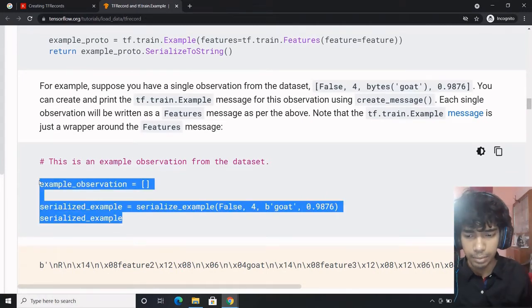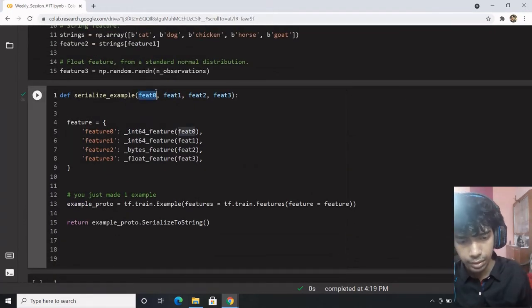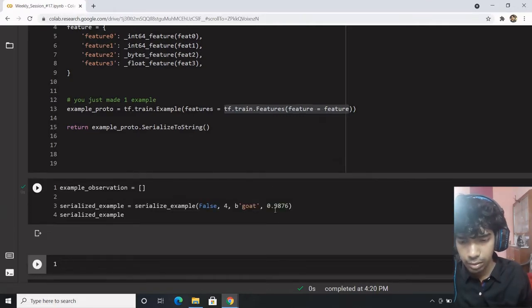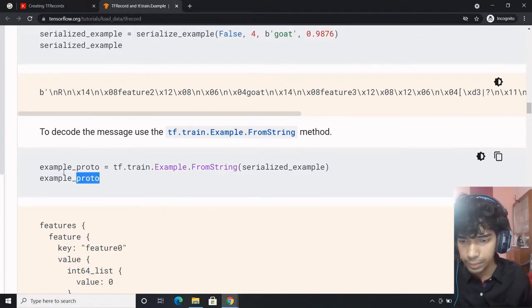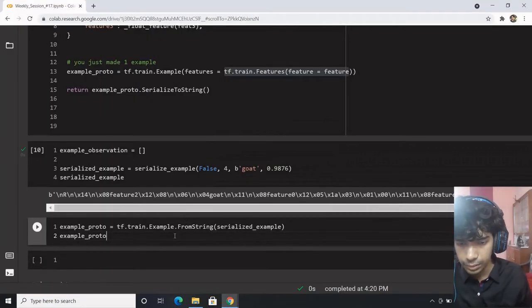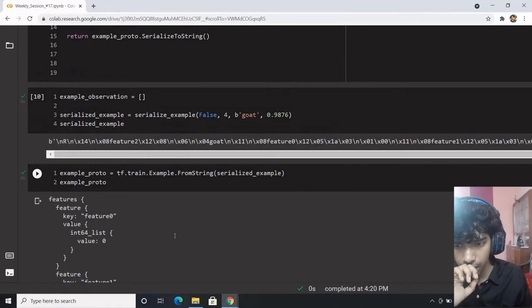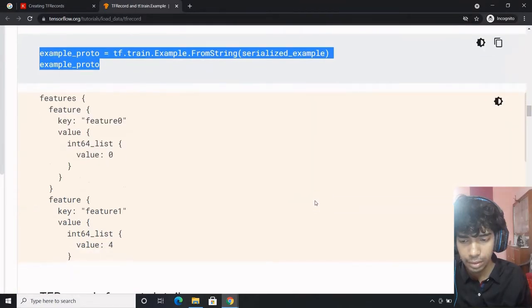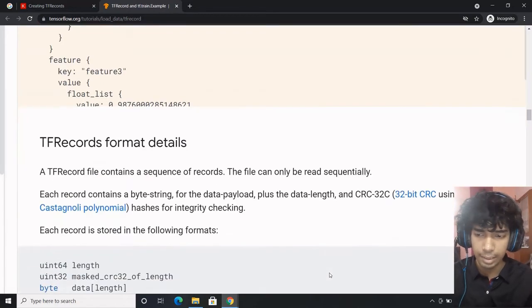This would work for a single example, not for all the samples, just a single feature with its feature encoding defined. Yeah, good enough. And if you want to decode, what we're going to do is this. This is the decoding part. Now let's move on to how we can incorporate multiple features in one single example.